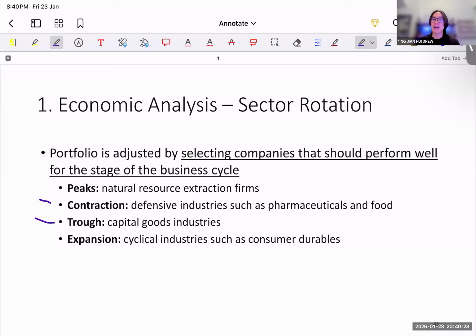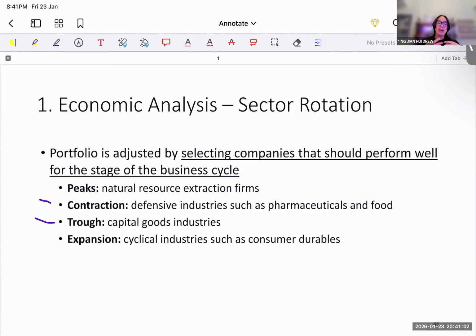Then we want to focus on things like food products, pharmaceutical companies, which are more defensive in nature compared to discretionary consumer durables sector or companies, right? So really depending on which stage of the business cycle, we can determine which type of companies will be doing well and how you can frame this